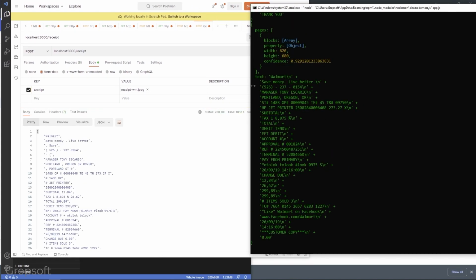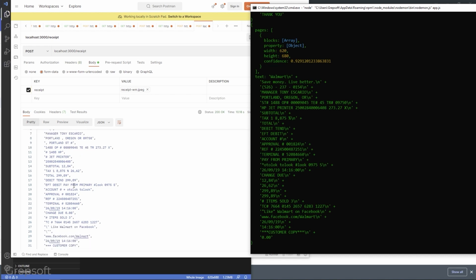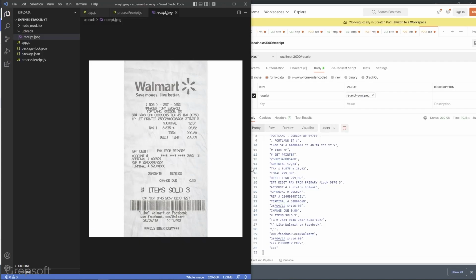Sometimes the thing hangs. So anyway, as you can see now, we're going to compare this. Again, we're having the same issue. If I look at my total, it's $299.89. Here they're putting the price here, but then the total is somewhere up here. Very cool. So now that we have that, we're pretty much ready, and we can jump onto the front